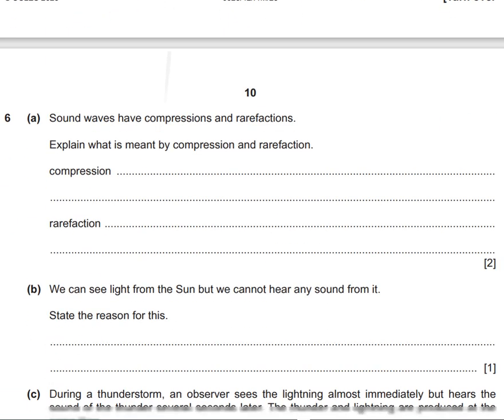Let us continue. Number 6. Sound waves have compressions and rarefactions. Explain what is meant by compression and rarefaction. So we are going to say that compression, these are regions. Compression is a region